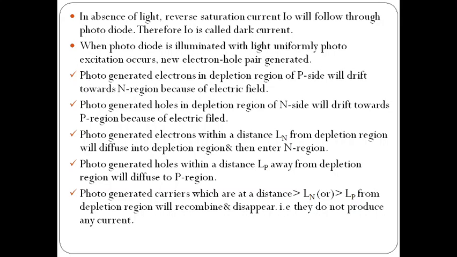When a photodiode is illuminated with light uniformly, or when light falls on the photodiode, what happens? Photon excitation occurs. That means we are supplying sufficient thermal energy to the P and N type materials. Yes, when light is falling on the diode, we are supplying thermal energy to the P and N type materials. That means